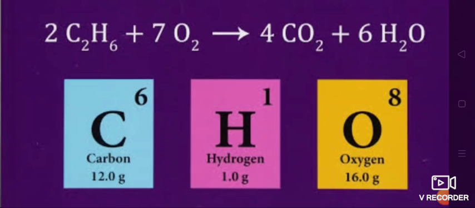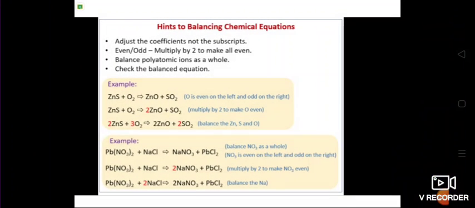So this is the balanced equation of which one? C2H6. What is C2H6? Ethane. We know balanced equation, unbalanced equation, chemical equation. Another point is how to balance the equation, and what are the important points we have to keep in mind to balance the equation. Here one example is given, you can practice. Some other examples will also be given for practicing balancing equations.